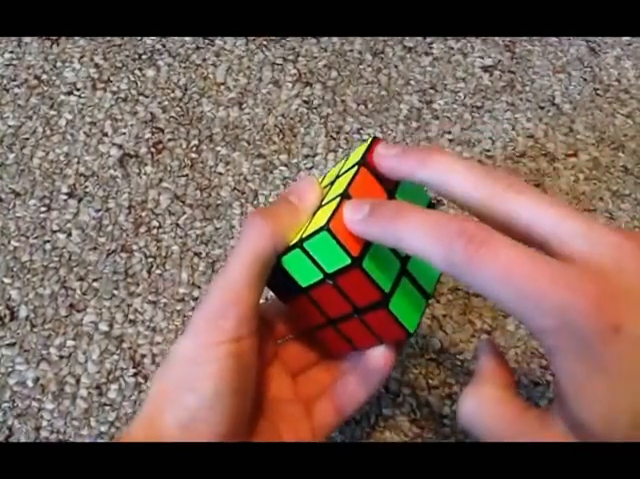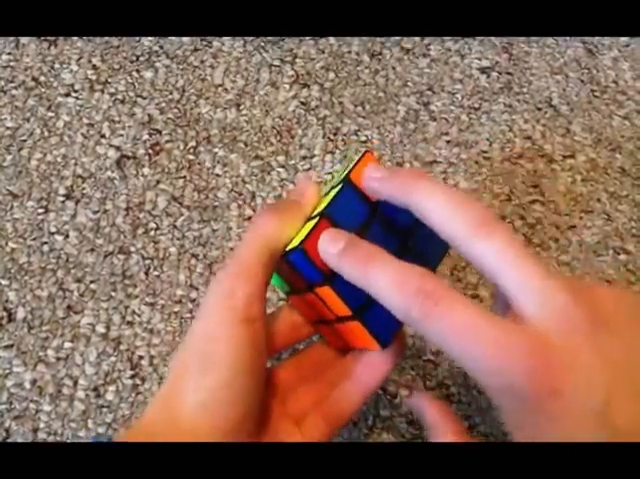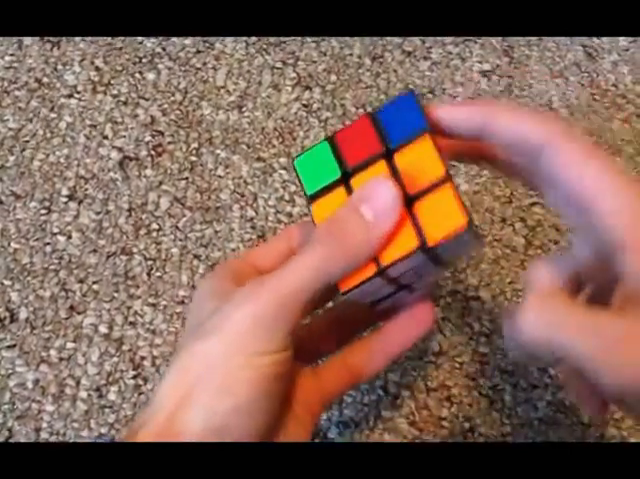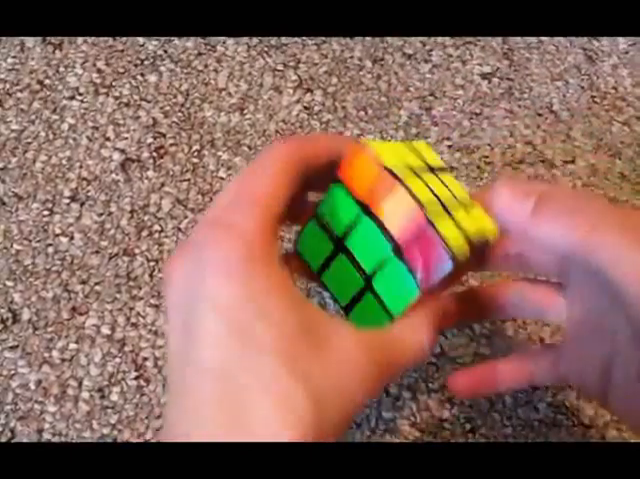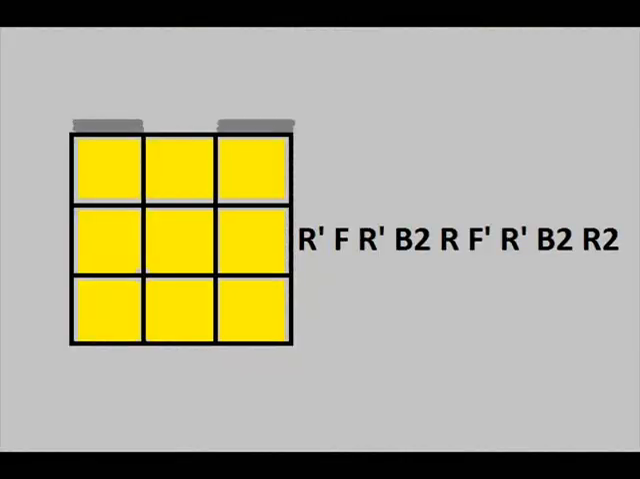I'm trying to get an orange here and an orange here, or a green here and a green here, or a red here and a red here. We're just trying to get 2 on the same side, like this. Right now we don't have any. So we're going to just start anywhere on the cube, and we're going to do